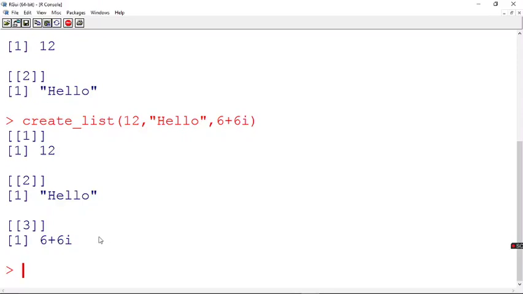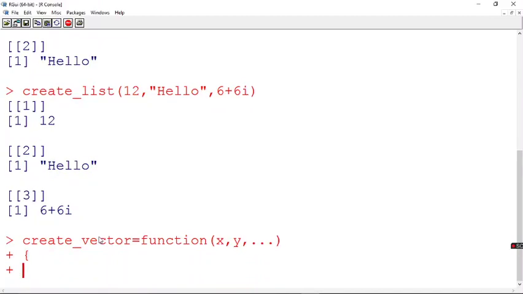So what is this combine? Now suppose I say create underscore vector, and I want a user defined function with x comma y, and then I also go with this variable argument, the ellipsis. It means two or more arguments. That is what that means.